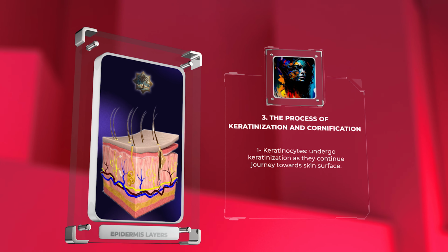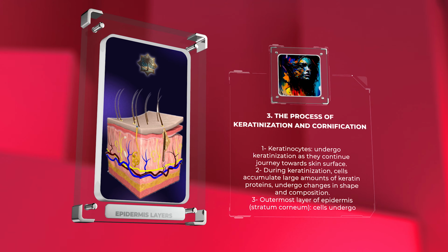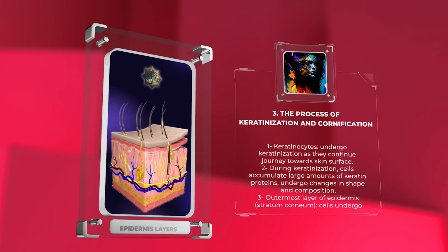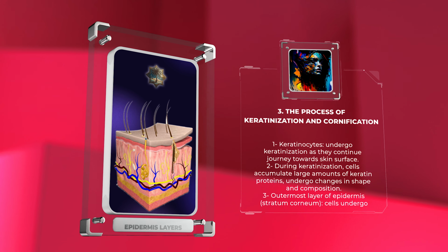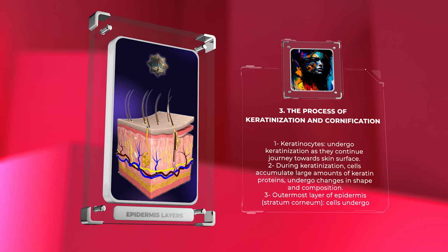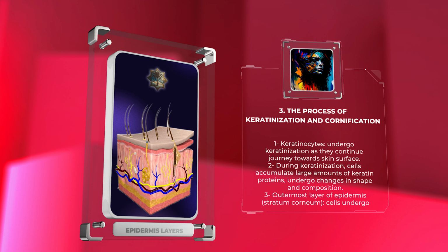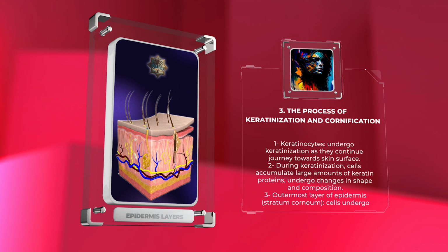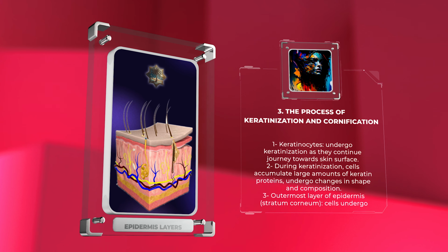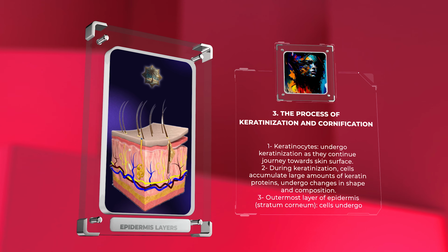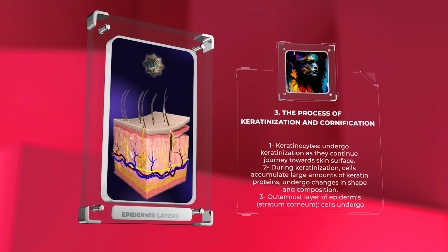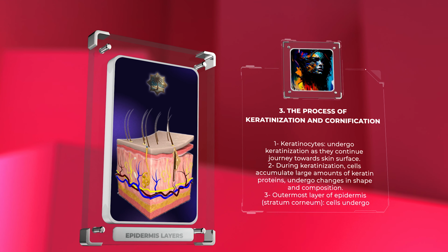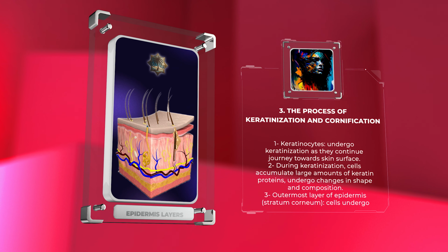As keratinocytes continue their journey towards the skin surface, they undergo a process called keratinization. During this process, the cells accumulate large amounts of keratin proteins and undergo changes in shape and composition. As they reach the outermost layer of the epidermis, known as the stratum corneum, these cells undergo complete cornification, losing their nuclei and organelles. This process forms a tough and impermeable barrier that protects underlying tissues from mechanical stress and